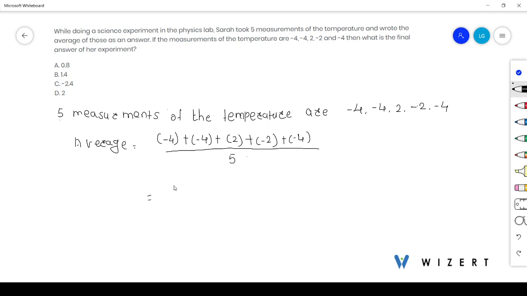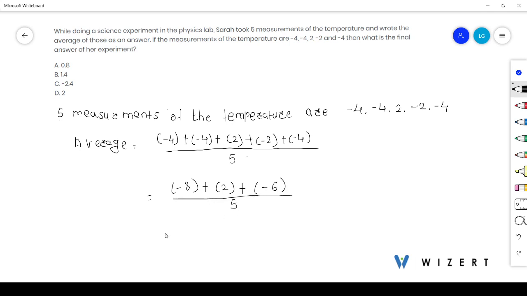So -4 plus -4 means -8, plus 2 as it is, plus to add this -2 plus -4, firstly add the integers by ignoring the negative sign and add those integers like a usual addition. So 2 plus 4 is 6, and then attach a negative sign to that answer